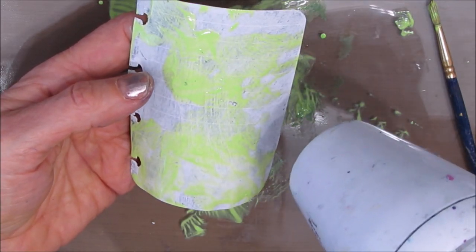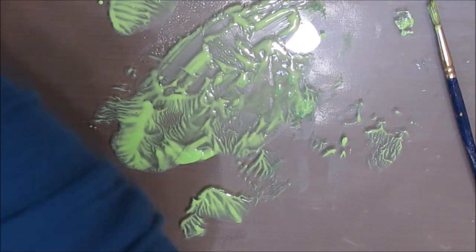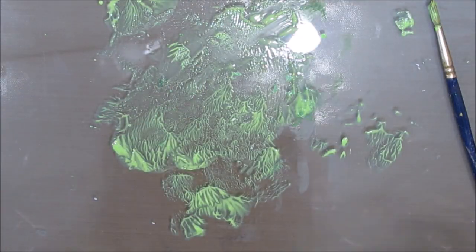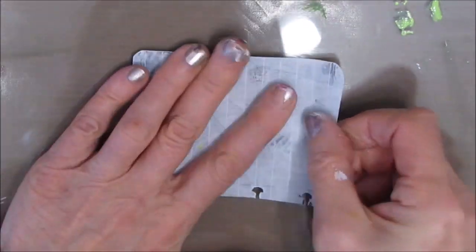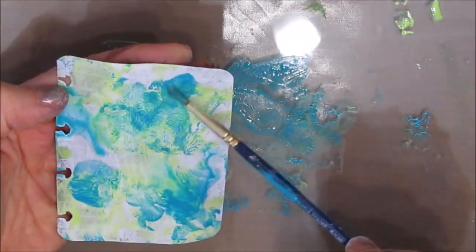When you're working on smaller scale pages, you don't want to do too many things. Here I'm just smooshing up the leftover paint onto a black one. I was curious as to how it would take color, and I think I would still gesso them. Now I'm adding another color to this and just pressing. My tabletop is glass, and I'm just pressing it on there, drawing it when you like what you see. If you don't like what you see, you can wet it, move it around a little bit. It's a great way of